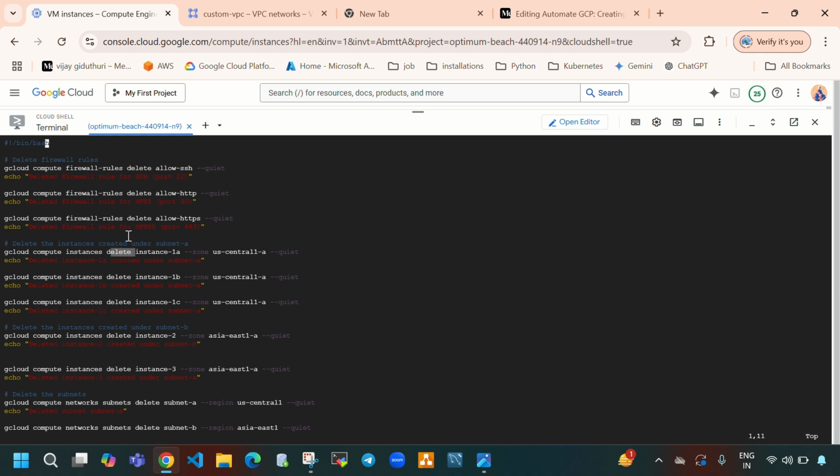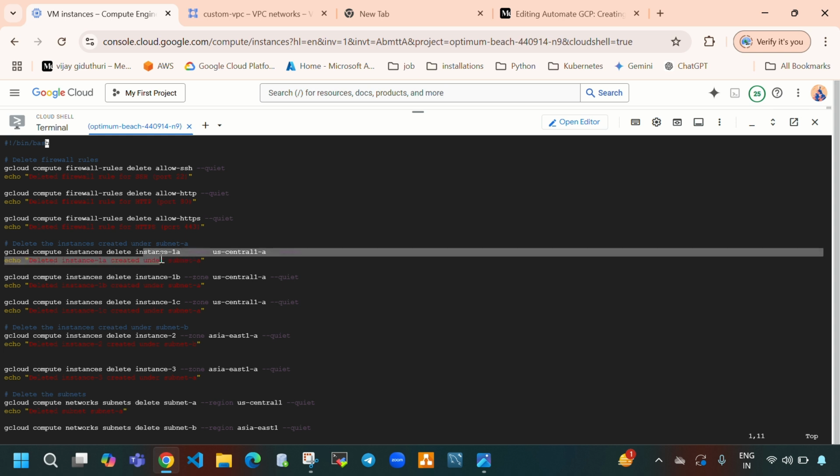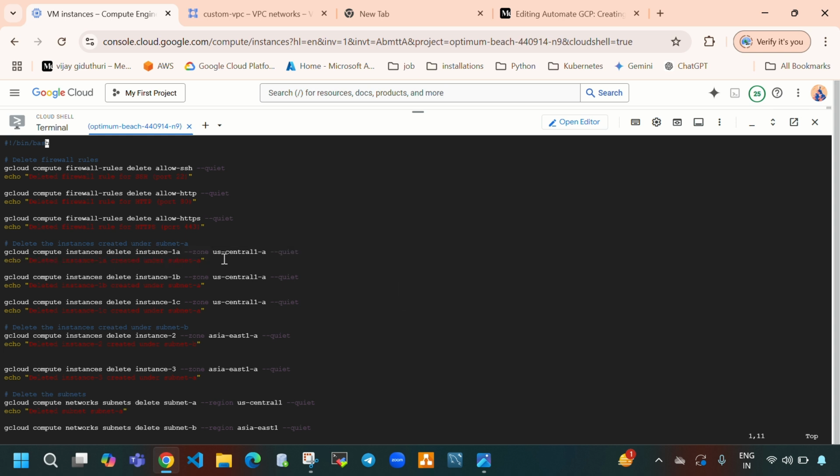So right now we are going to delete, right? So that's why delete instance 1A, and this instance 1A is created under US Central 1A. Okay. So same like this, instance 1 we are going to delete, instance 1C we are going to delete. And after that we created